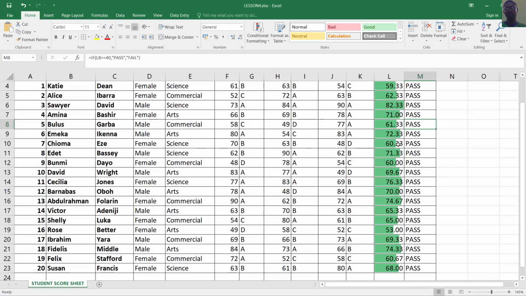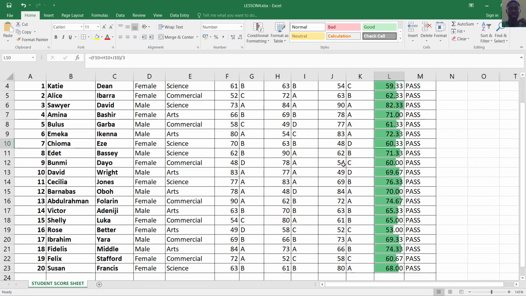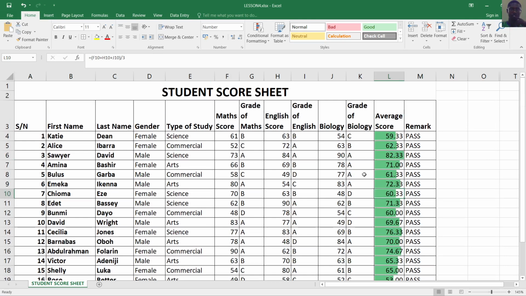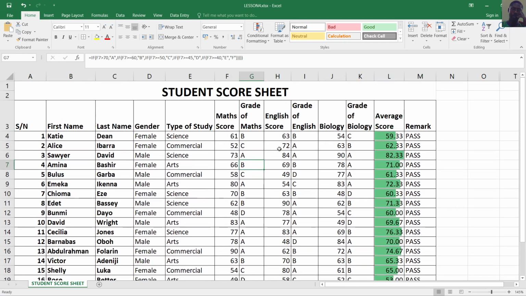But there are instances whereby we can also carry out conditional formatting based on, let's say, based on the given input here. Now what we can have is, we may want to condition format